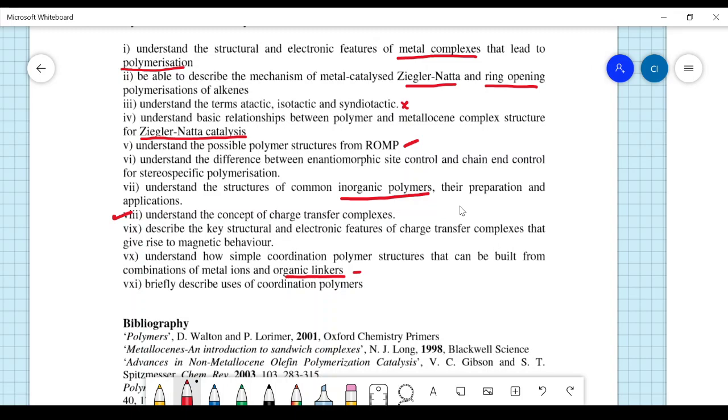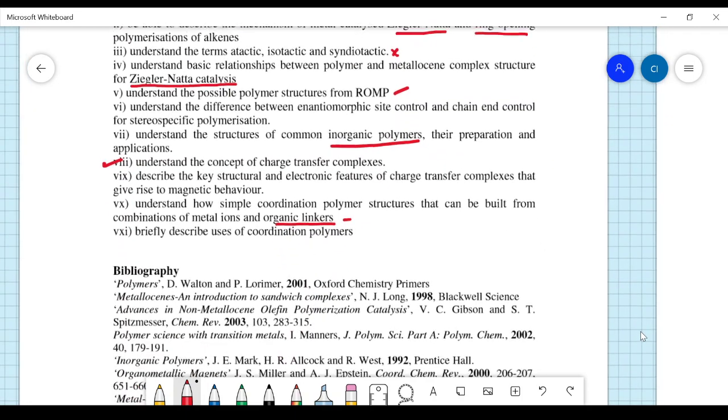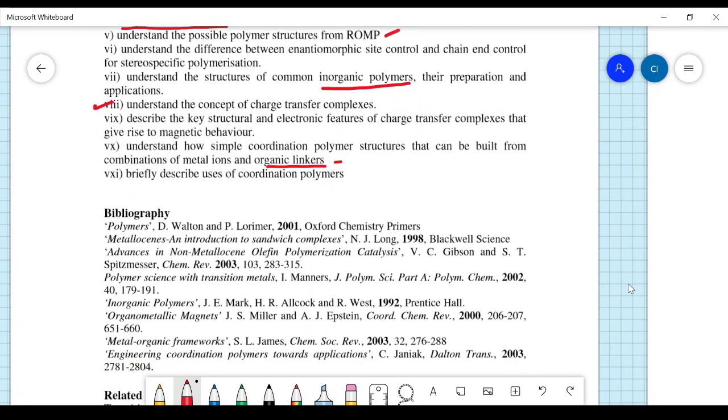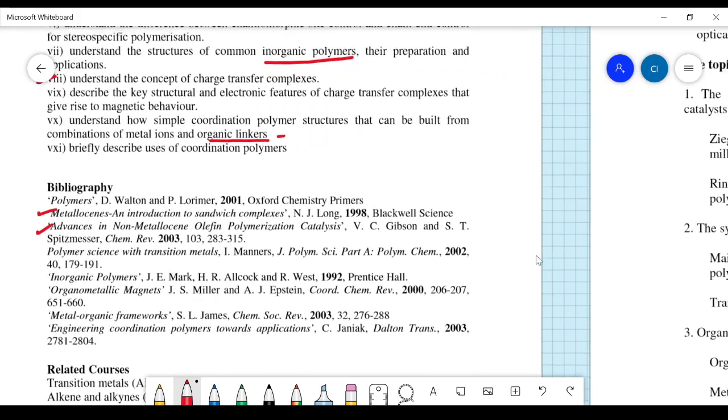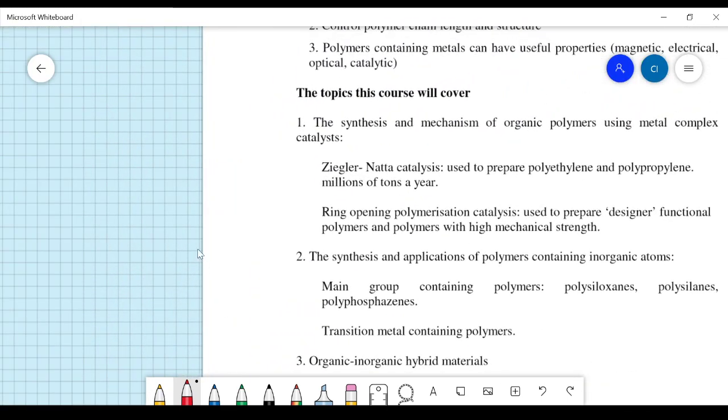So some books are there that are given there. So I just took the books. You can just refer, pause it and note the books there. And I think one of the best books that you can see on polymers is this, Organometallics: Introduction to Sandwich Complexes by J. Long, Blackwell Science. And then this one is also very good. So you can refer there. So now let us come to this